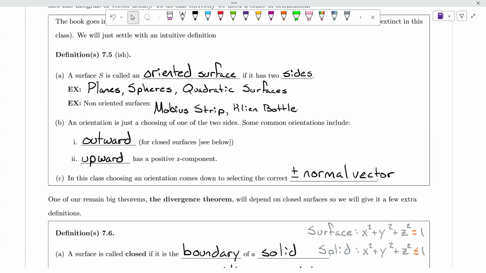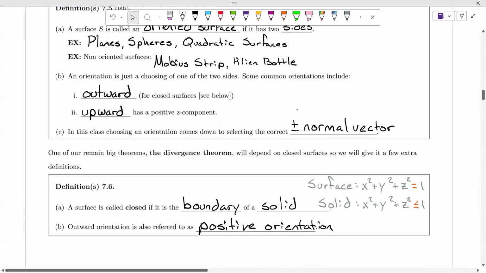And closed surfaces don't have a clear top and bottom anymore. Instead, they'll have an out and an in orientation. So if you think about the surface of a sphere, that thing will have an outer side and an inner side, right? I can be on the outside of my sphere, I could be on the inside of my sphere. So